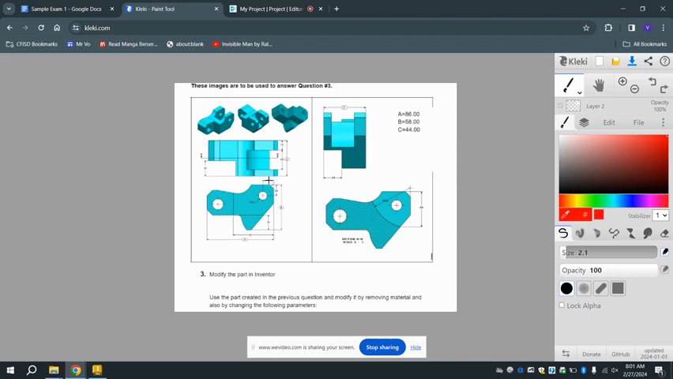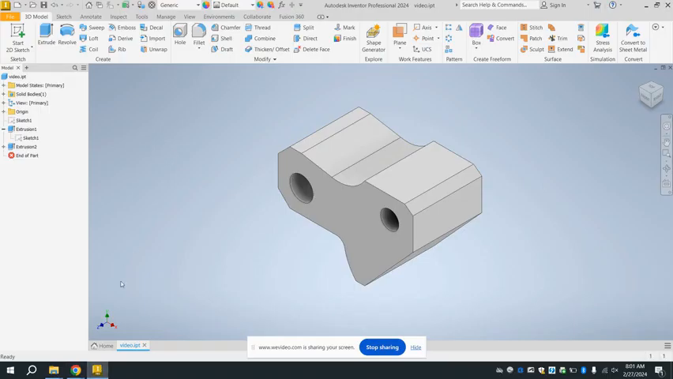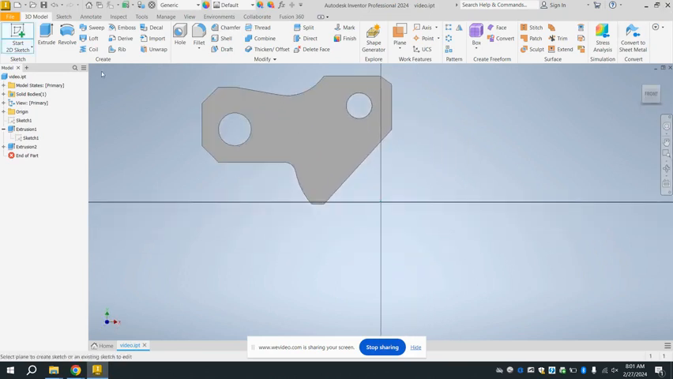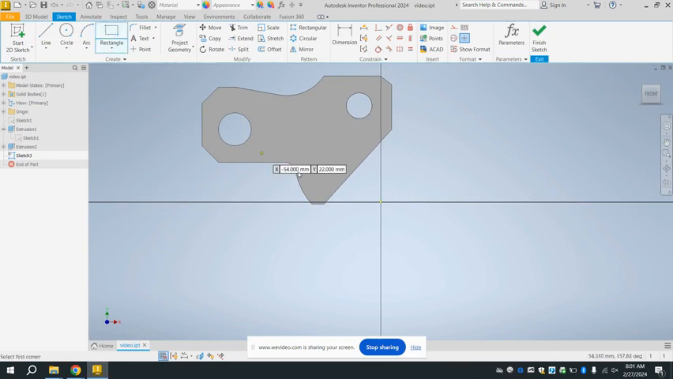So, okay, we got this done, we got this done, and we got this done. And now we can make these two indentions you can see on the part right here. So we're going to start off with the bottom indentation. We're going to go here, we're going to add a new sketch. So for the bottom indentation, all we have to do is